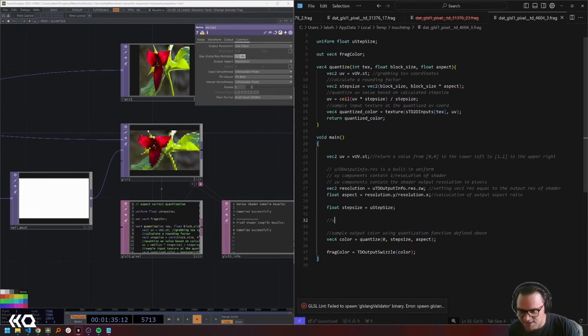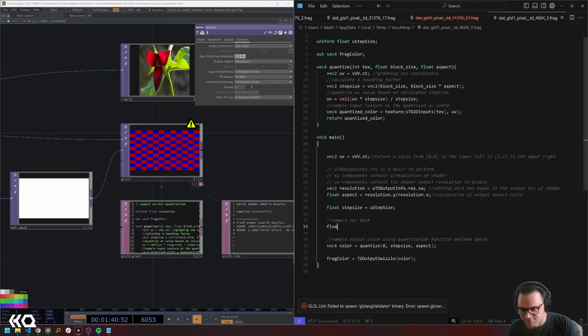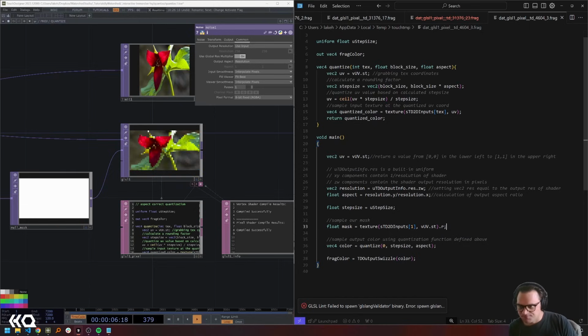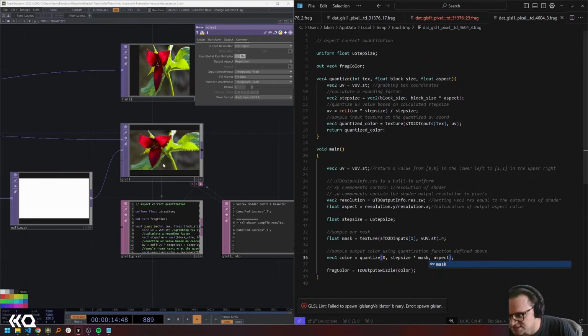Now we can sample our mask, so I'll have a float. I'll use float mask and set this equal to the texture function, texture sTD2DInputs. In this case, I want the first input, which is actually the second input because they start at 0, and I want to look up at vUV.st, and I want just the R component. Now I can use step size times mask to change the step size that we're looking up,